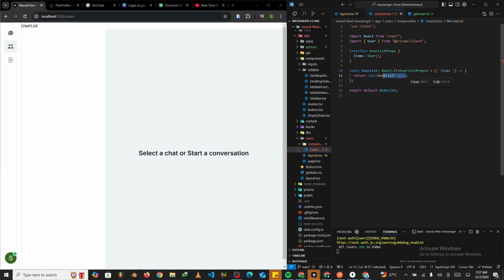Then right after making this available and setting the prop over here, we want to quickly come inside this return, clean it up like this, open the brackets,